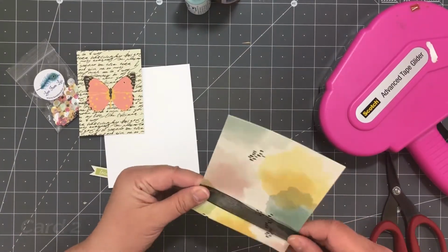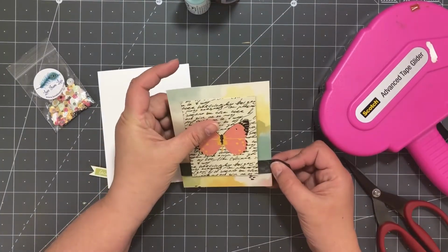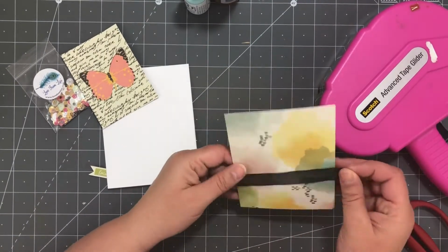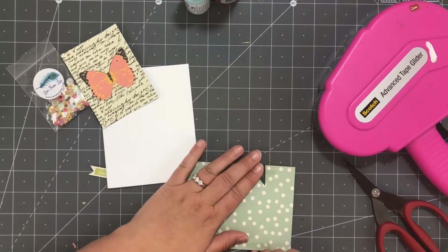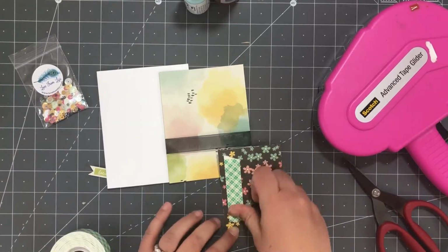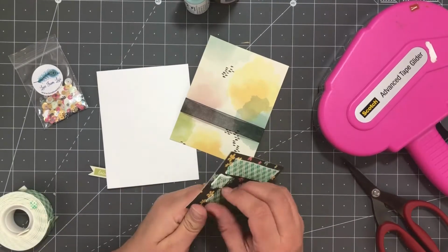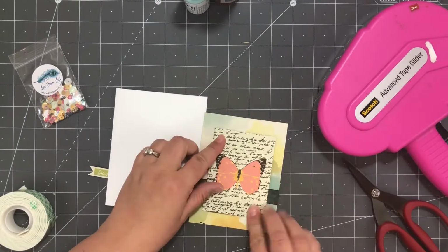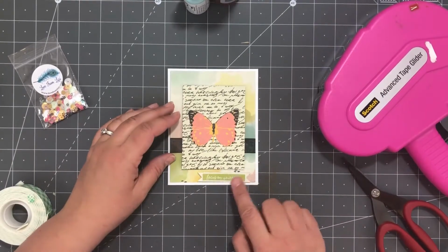All right, card number 2, using some more of the pattern paper, and I really love this butterfly cutout from the 12 by 12 sheet, using some of the ribbon that came from the kit, and I'm just gonna keep it around and stick it on the back, and then put the butterfly on top of that. And then I'm gonna layer up some, oh my goodness, the dogs. Here I'm gonna layer up some